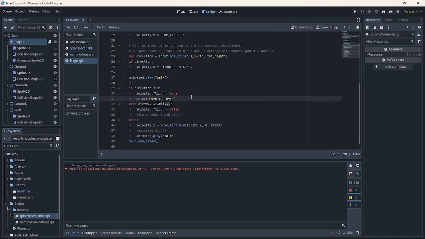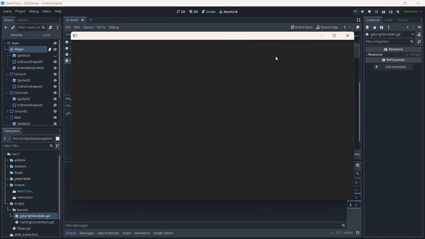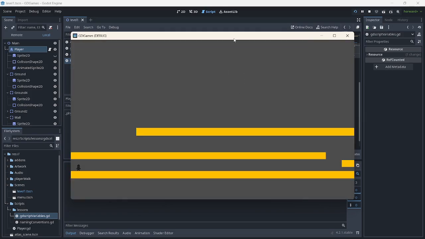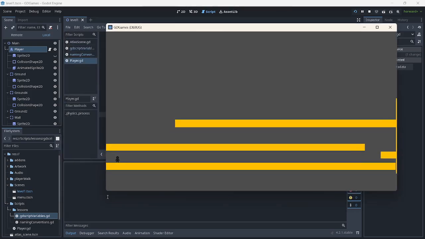move to left. In here, if I read through this, we have a custom variable. We're doing an if statement. Don't worry, we'll cover if and else if statements perhaps in another exploration. And in here, if I say print and move to right, let's try to see what that will be doing. Let's start to explore. Based on some testing that I have done so far, this will be coming out in the output.